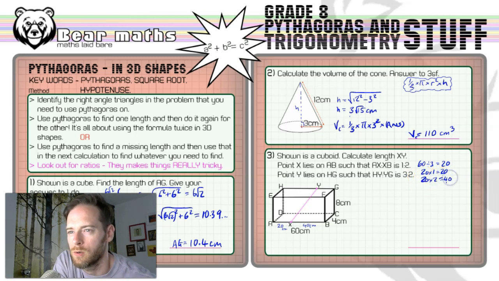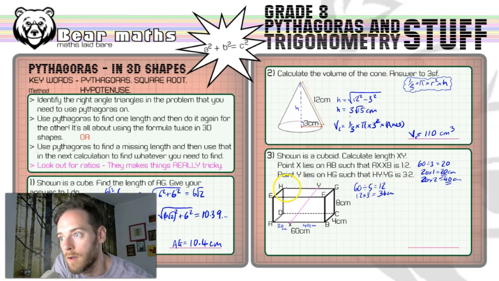I was just assuming you knew what I was talking about, but I should never assume. Okay, so that's our centimeters and centimeters. Now, same thing again for this one. I'm going to get 60, but I'm going to divide it by 5. The added up ratio there is 5. It's going to give me 12, and I'm going to take the 12 and times by 3 and get 36